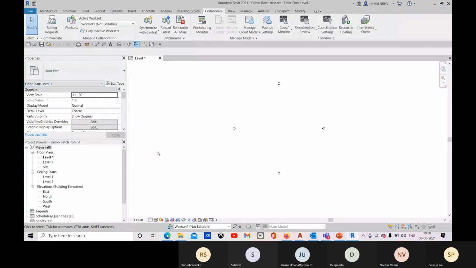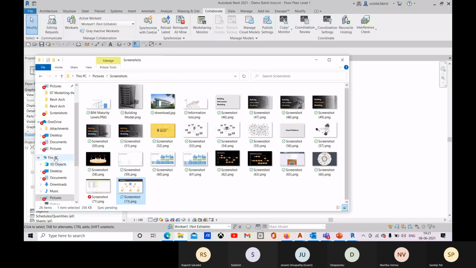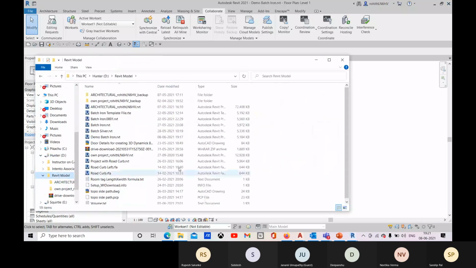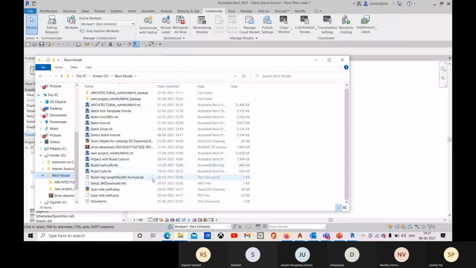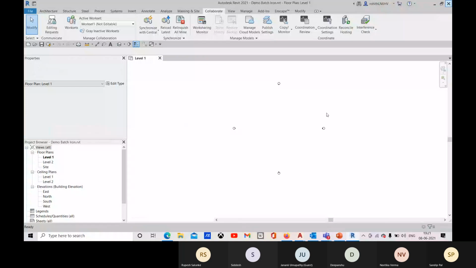And right now this is done. Okay, and again you have to open it, because this is right now the master file, and you have to close it. Let me open that. Here it is created, that file, and because I have saved it in BIM 360, I need to create a local file. So let me close it here.